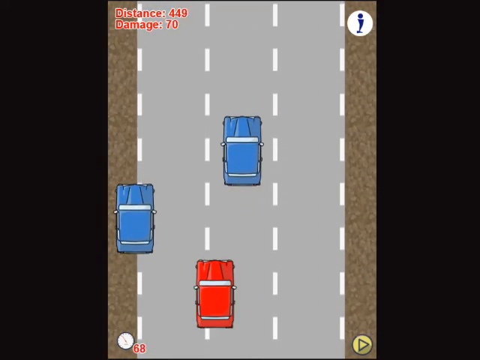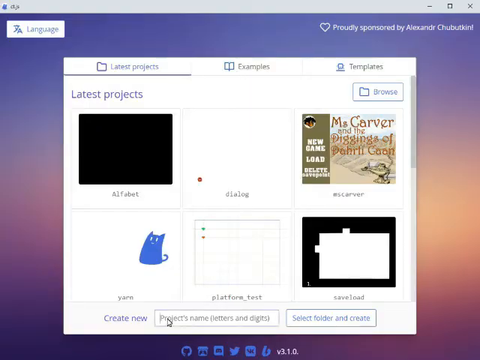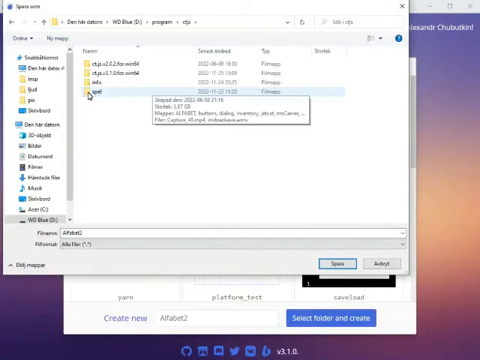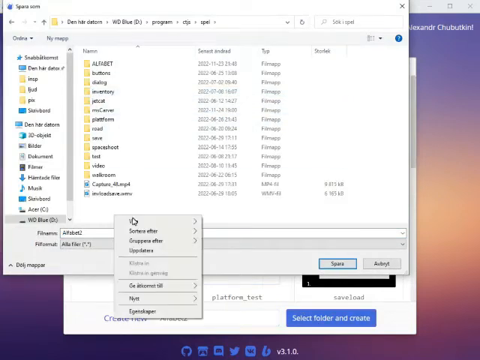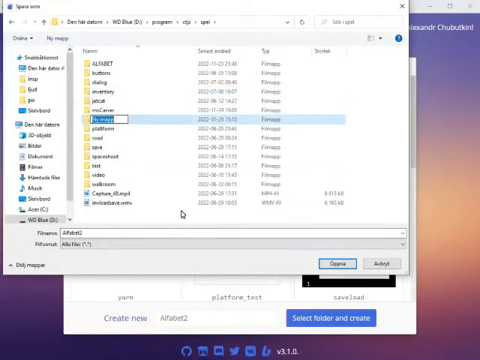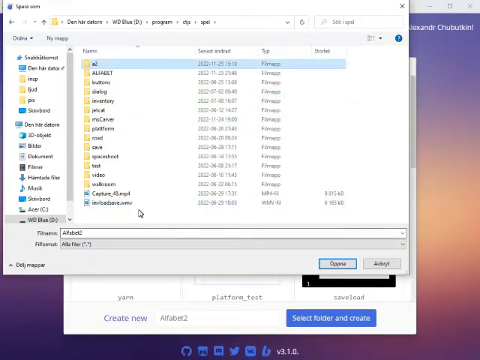In this view, I also have the option to create a new project by giving it a name and selecting a folder for it. Let's do that. I will recreate how I have made the program for learning the alphabet.